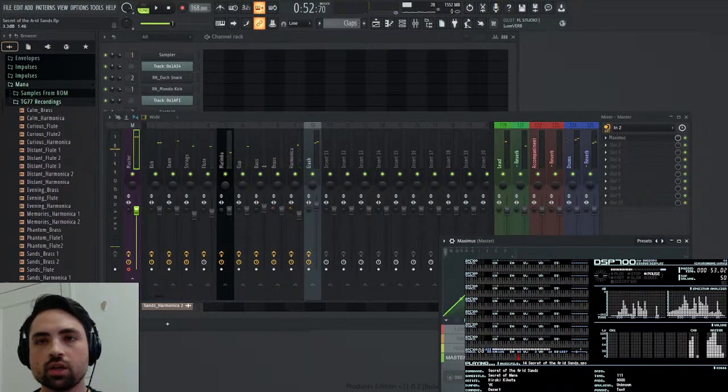Okay, see, now that looks like healthy levels to me. Pushing it, but not too much.